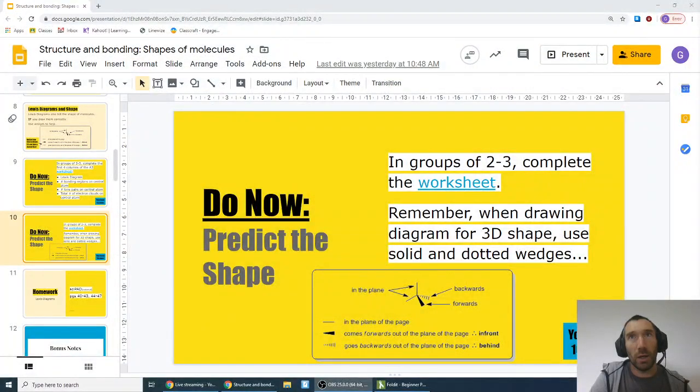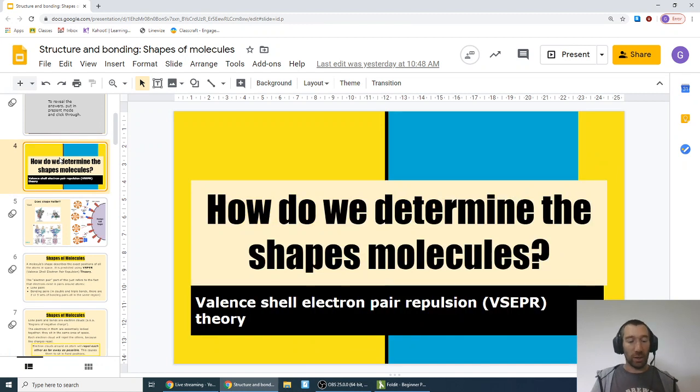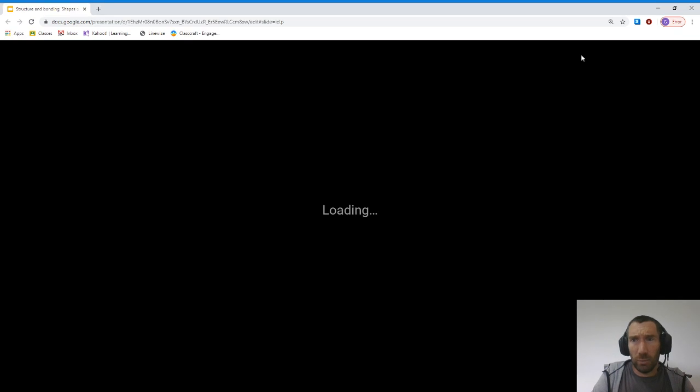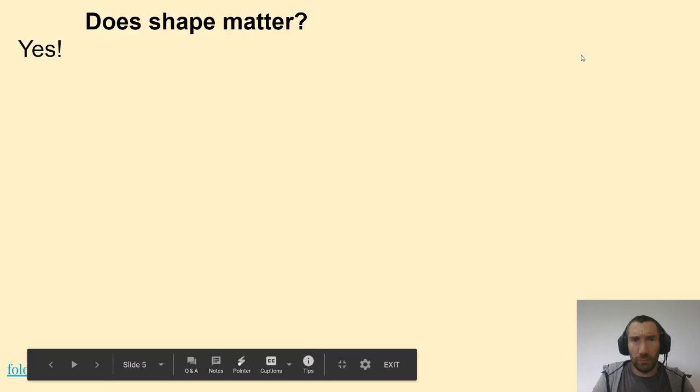Just as an aside before we move on, let me just flick the camera across to the desktop. So we are going to use something that has a really fancy sounding name, but it's really quite simple: valence shell electron pair repulsion. We use this to work out the shapes of molecules, and the shapes give you all sorts of information about the properties of it. I'm going to quickly jump into present mode for this, because I've got an example